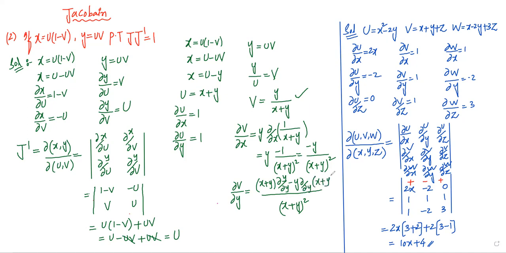So what are the answers now? x plus y as it is, y with respect to y is 1. Minus y as it is, and x plus y with respect to y is 1 again. This is y, over (x plus y) whole square. Here plus y minus y cancel. Our answer is x by (x plus y) whole square.